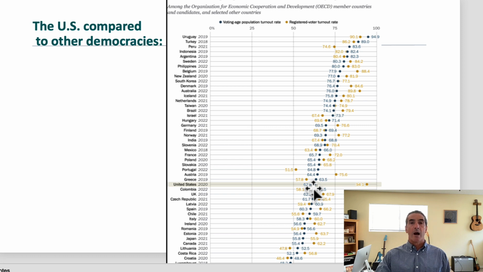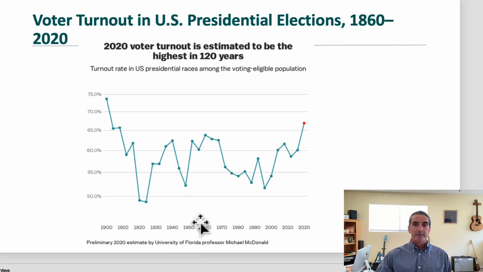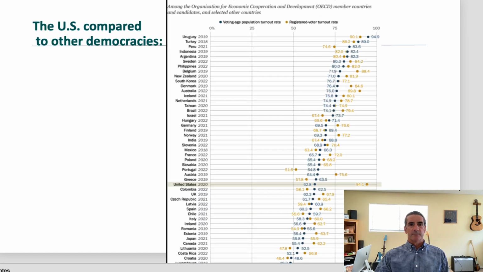Mind you, our high point for the last 120 years, going back to the first slide, that data point is based on this level. But this level is hardly representative of what turnout in the United States has been like for most of recent history. We have had periods not that long ago, in the 1992 election, where we fell below 50% in some cases. So this depiction of U.S. voter turnout actually inflates the level of normal voter turnout.